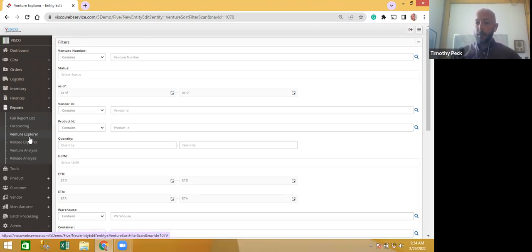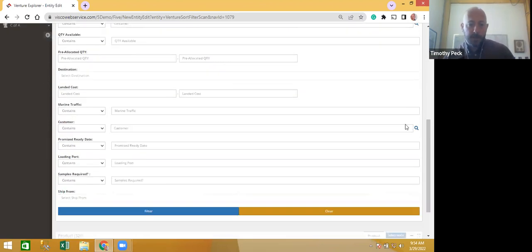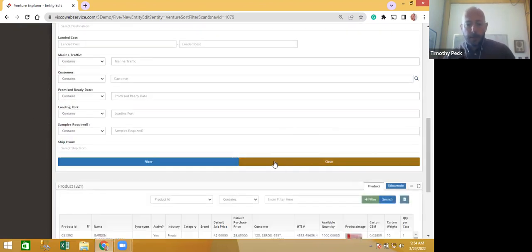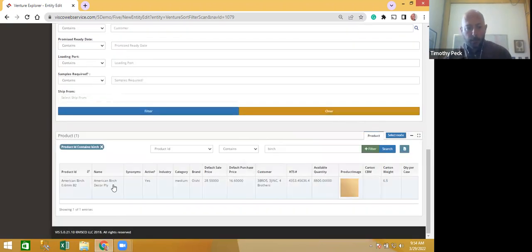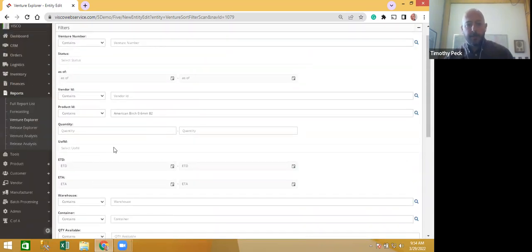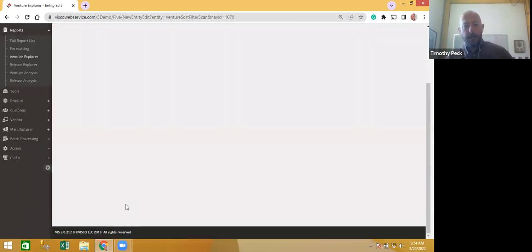So things that you have on the water, just open POs that you might have with factories. And there's lots of different ways you can filter this information. So let's try by product, which is actually a way that this gets used quite often. So I have a product in here for a plywood, American birch, 6mm plywood, right? So I'm saying, show me what my availability